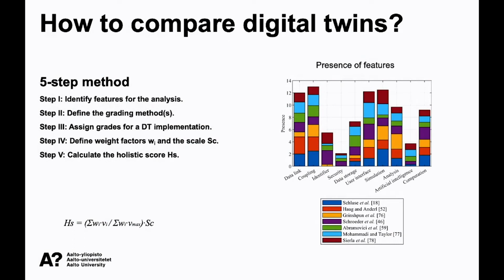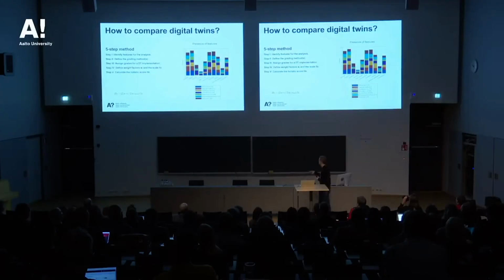Actually, this is a very simple formula. It looks scary, but it's very simple. Really, it's just sums and multiplications. And then here is how we looked at 7